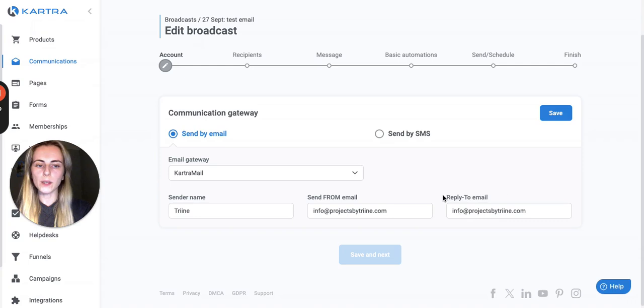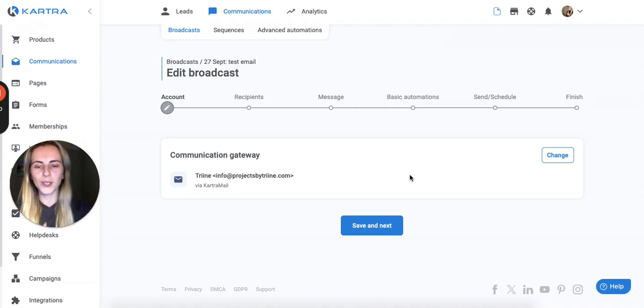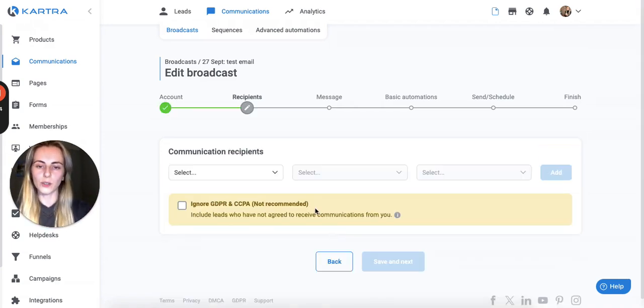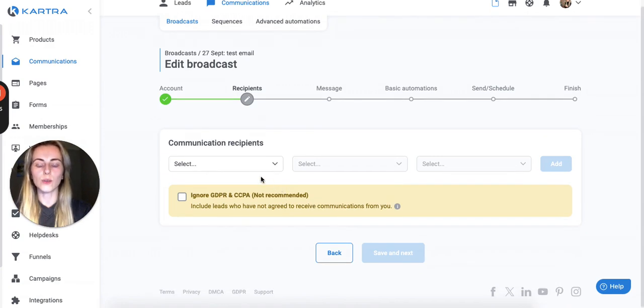And you always want to make sure that your reply-to email is also your email, not the Kartra email that they sometimes put in here by default. That is also the case if you did it wrong in the integrations, because it's not an actual email. So if you have the Kartra email here, your clients can respond to it, but you will never actually receive the email. So when you do it the first time, just make sure that this is done correctly. Then you just confirm your choices, and then you can choose who you're going to send out the